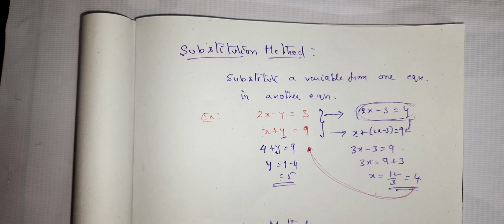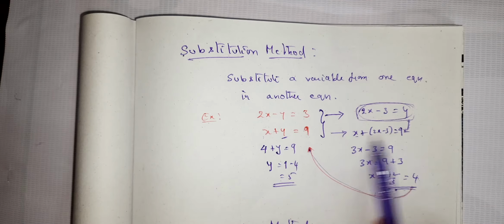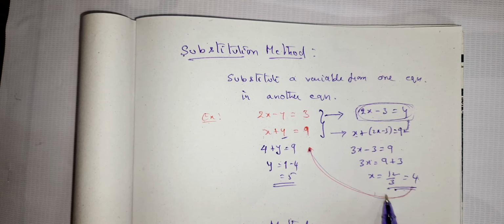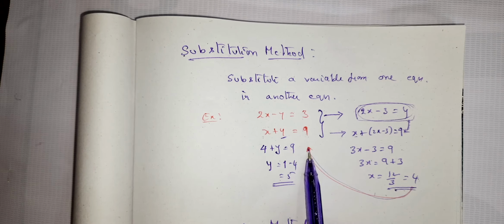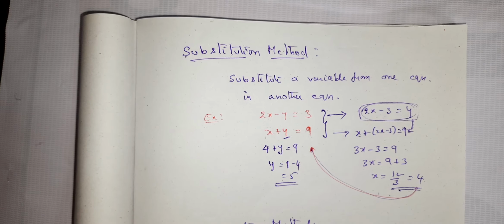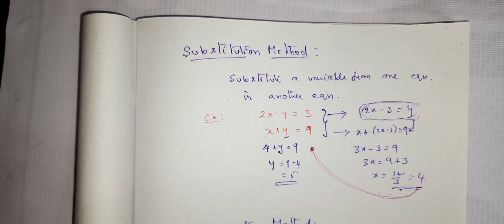That means from one equation you are going to find any one of the variables, maybe x or y, and whichever variable you have, the whole term you will be changing into a single variable by putting that into the second equation, and therefore with a single variable, single equation you can find it and substitute in any of the equations. Clear? Right. Now, please note it down.